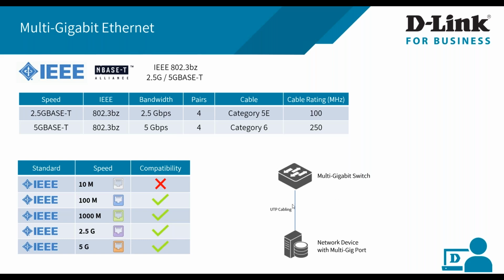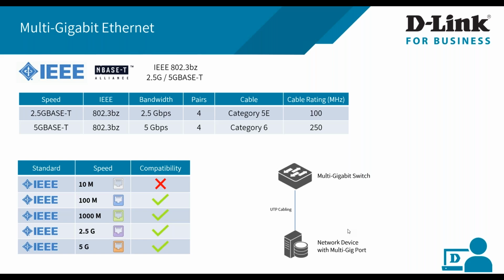So if we talk about the multi-gigabit solution, it consists of a multi-gigabit switch, which is a 2.5 Gbps switch or a 5 Gbps multi-gigabit switch. And it can be a wireless access point, or a workstation, or any other device for that matter, with a 2.5G or 5G uplink port. It uses the existing single Cat5e or Cat6 cable. If the switch and the access point or workstation support 2.5 Gbps, then it will automatically negotiate for 2.5 Gbps. If the device and switch support 5 Gbps, it will negotiate for 5 Gbps.